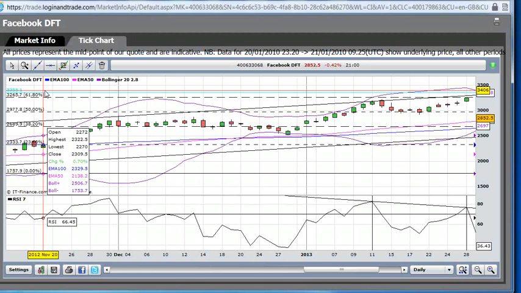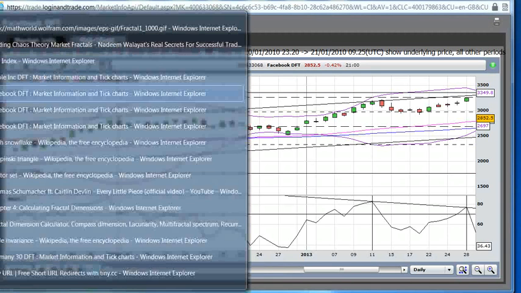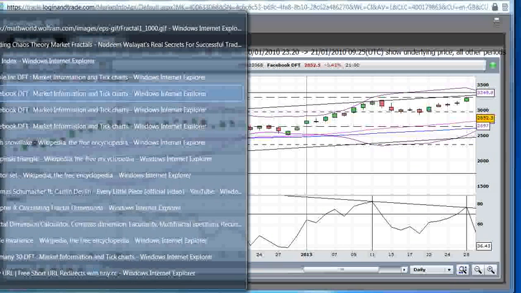Self-similarity may be exact. This normally only occurs in mathematically defined structures that we don't really see in the physical world. And we can look at some examples of that, but overall, with stochastics and iterations and chaos theory, with